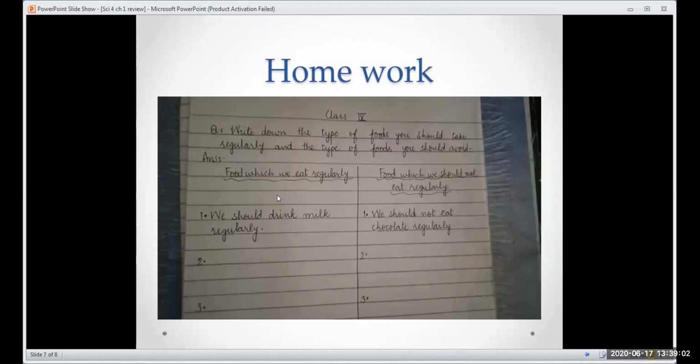So till then, what we have read, if any confusion is there, you can ask me freely. We have almost one minute. So in one minute, if any student is having